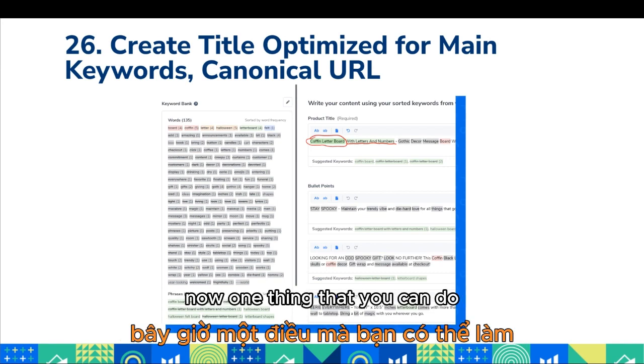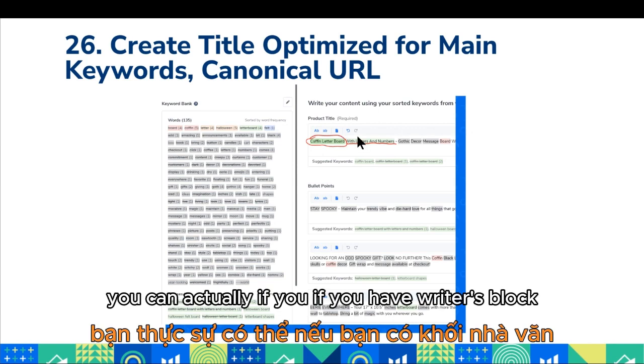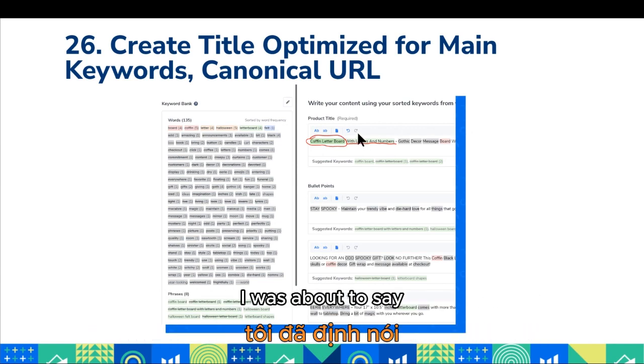Now, one thing that you can do if you have the Diamond plan in Helium 10, you can actually, if you have writer's block or you're not confident with your English level,